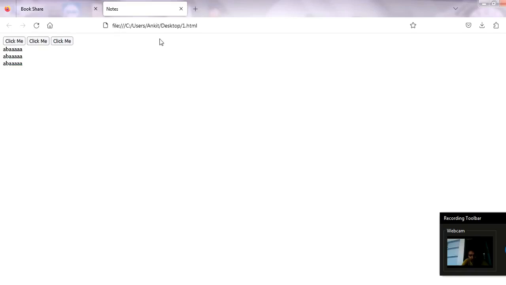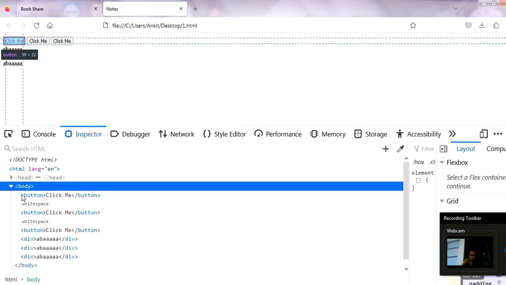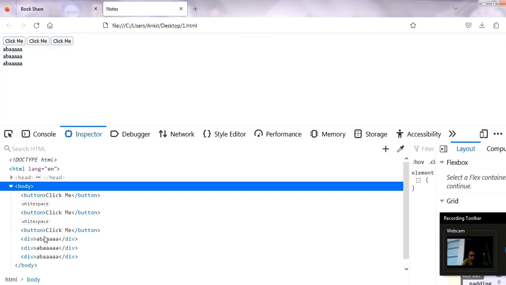Okay, one after other. Whereas when I have written the code for div, so if I show you the code here, you can see in body I have a button, then another button, then another button, and they are all coming in a single line. So they are inline block level elements. Whereas divs, when I have written, are coming in a different line. Okay, so they are block level elements. So they start from a new line and buttons start from the same line.